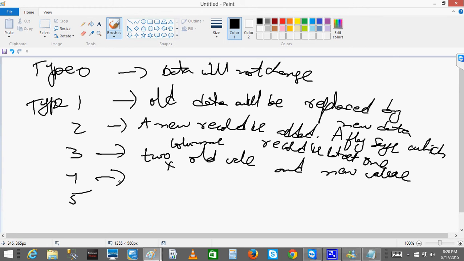Next, the type 4 dimension. In the type 4 dimension, you will store the data in a historical table. Whatever data you update or insert into a table, every entry will be stored in the historical table. That is nothing but type 4. Type 5 is nothing but a combination of any one or more types. Now if I see here,